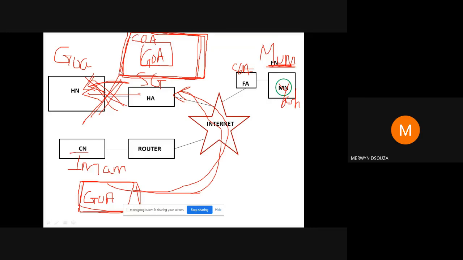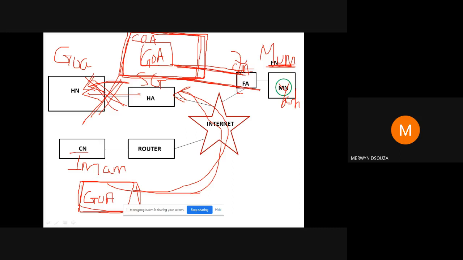This process of putting a new packet is known as encapsulation, and you send this new packet across a virtual path. This virtual path that you are sending is known as a tunnel. So this encapsulated packet is sent through a virtual path known as a tunnel. At the end of the tunnel is your foreign agent. This encapsulated packet is received at the COA.